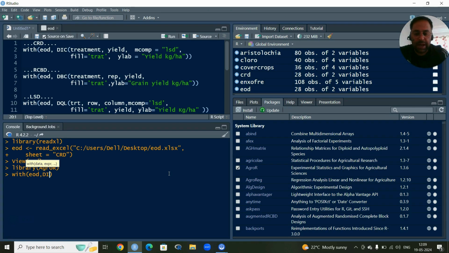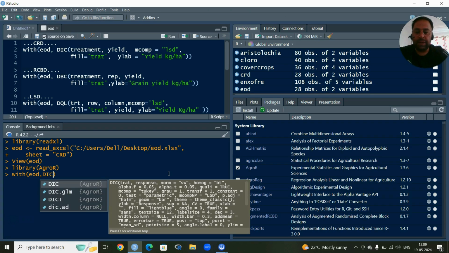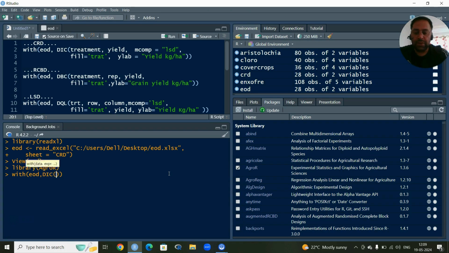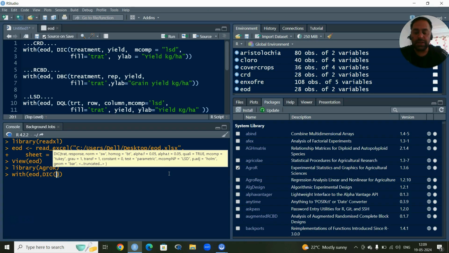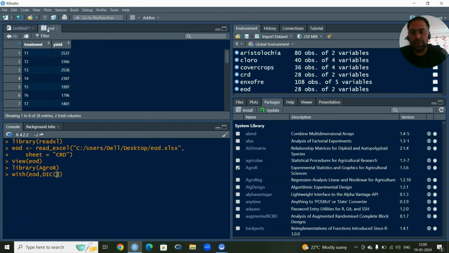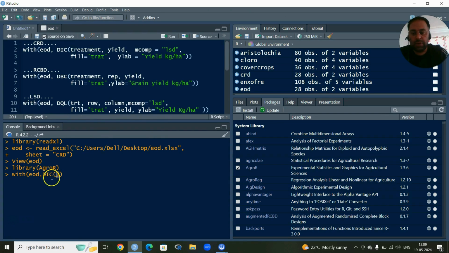I will write DIC. Then after that, you can see you need to put this bracket. Then after that, what are your objects of comparison? That means the name of the treatments. Since in this case the name is, if I will show you, that is treatment. So in this, the first thing is I will write treatment, then comma, the name of the response variable or the study variable, that is yield. Then